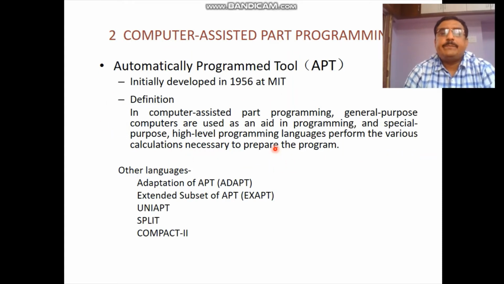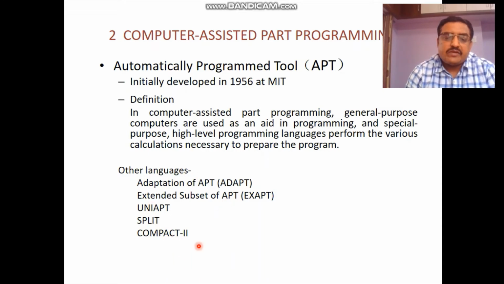Another part is computer assisted part programming. It is called APT program, that is Automatically Programmed Tool. There are different languages: ADAPT, EXAPT, UniAPT, Split or Compact 2.